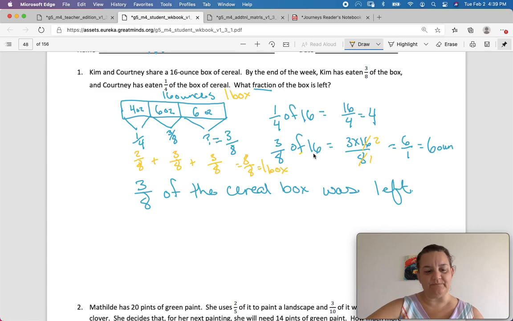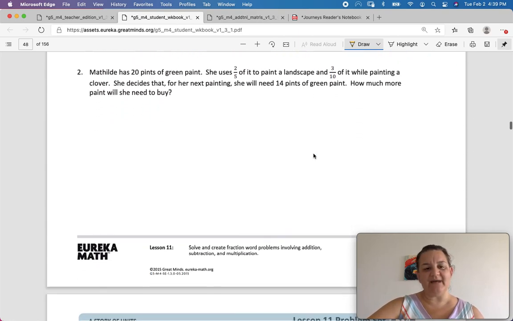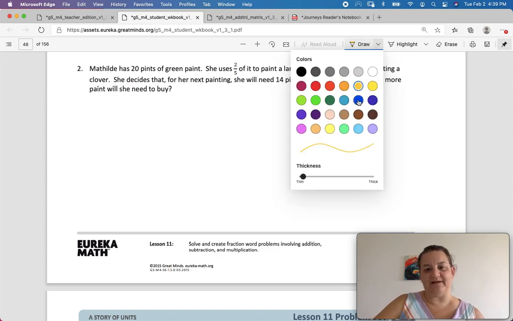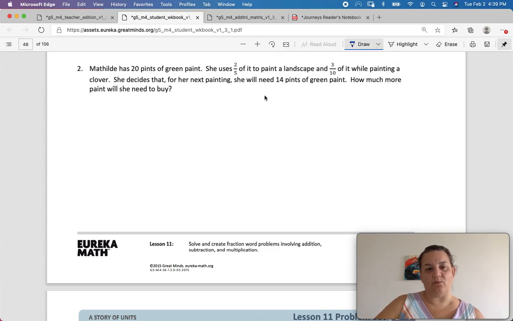Okay, number 2. Matilda has 20 pints of green paint. She uses 2/5 of it to paint a landscape and 3/10 of it while painting a clover. She decides that for her next painting, she will need 14 pints of green paint. How much more paint will she need to buy? Okay, so we have to figure out what she's used, what's left over from what she's used, and how much more she'll need. So if she started with 20